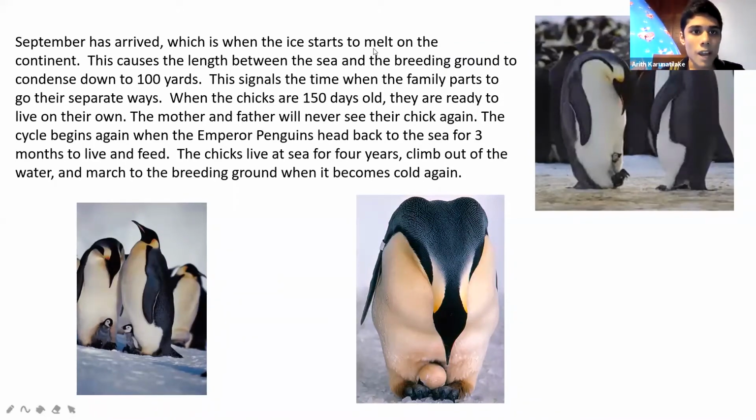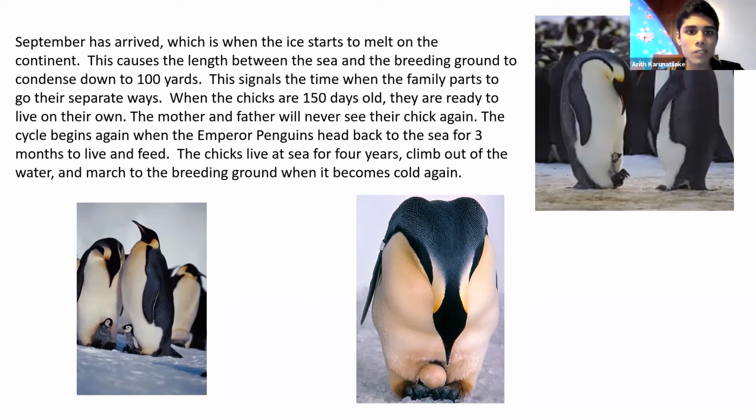When September arrives, which is when the ice starts to melt on the continent, this causes the length between the sea and the breeding ground to condense down to 100 yards. This signals the time when the family parts to go their separate ways. When the chicks are around 150 days old, they are ready to live on their own.